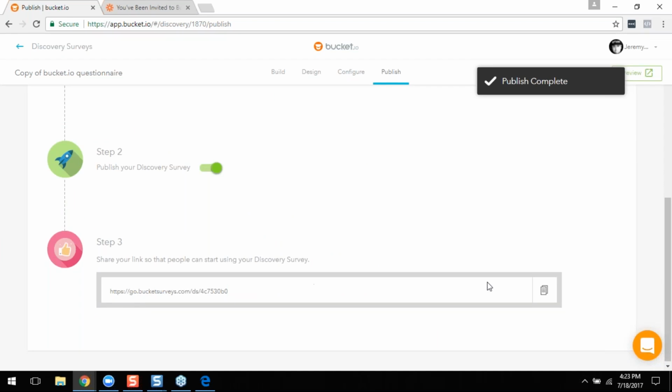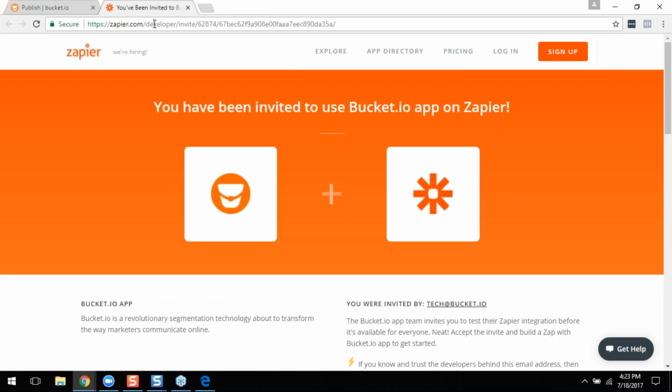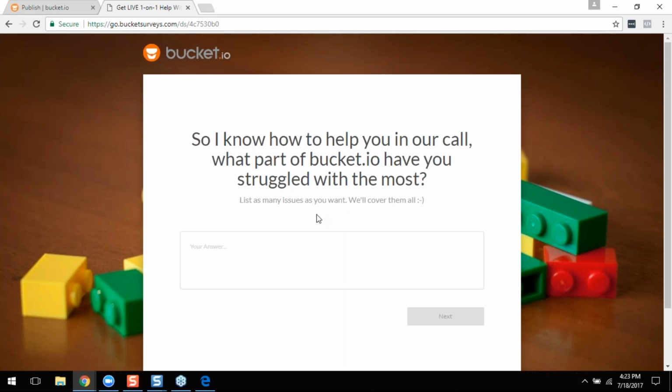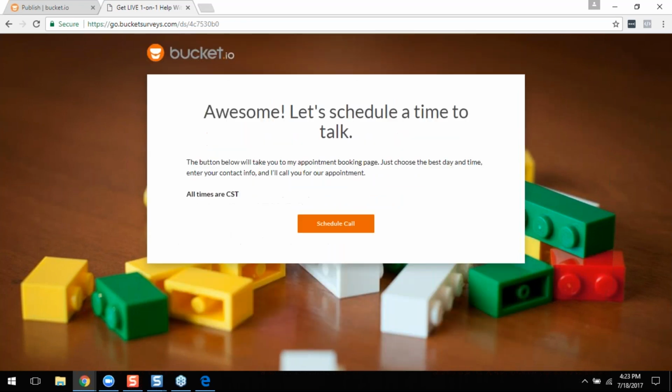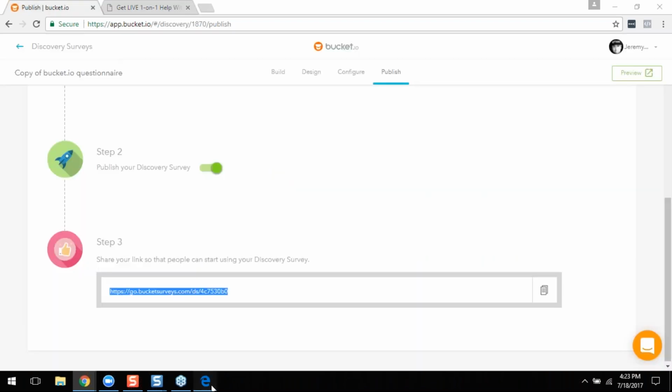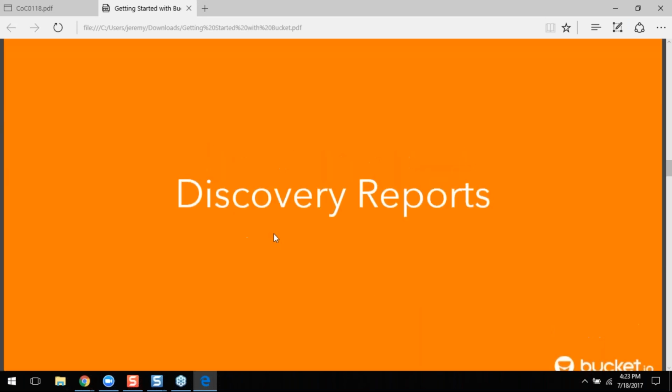Then we'll give you your Bucket URL, and then this is the URL that you'll send off to your survey takers, whether through email, through social, however you plan to. And then that's it. Now you're ready to start accepting responses. I'll just walk through this real quick, and this takes you off to the scheduler. So that is how you set up the